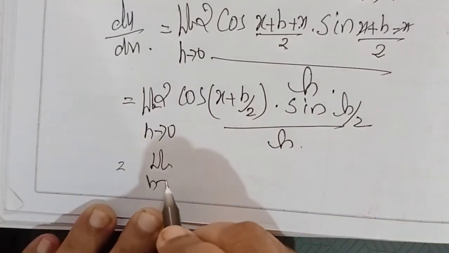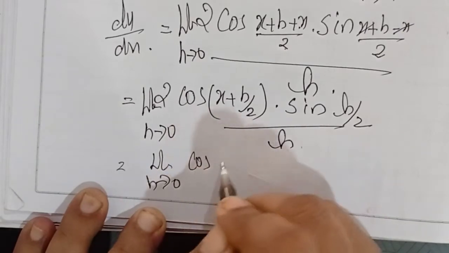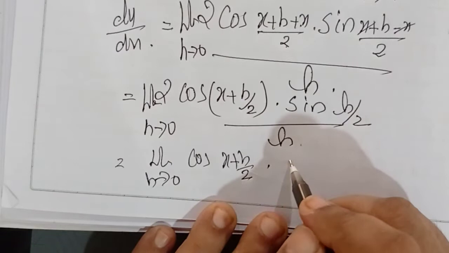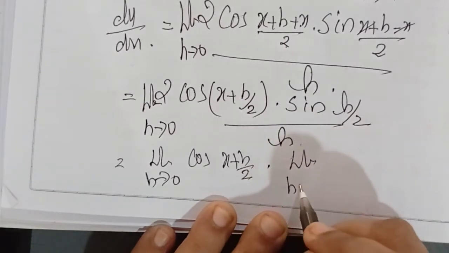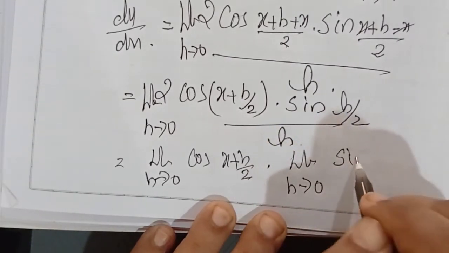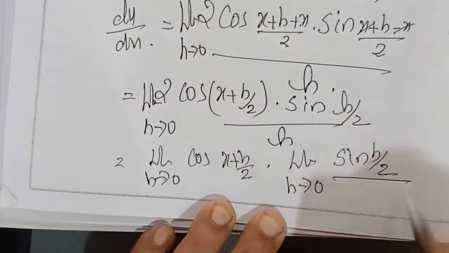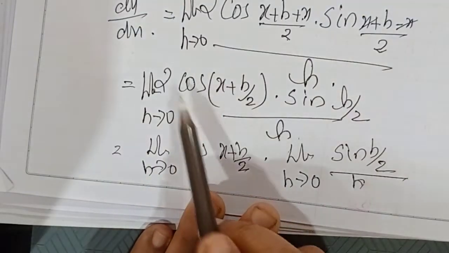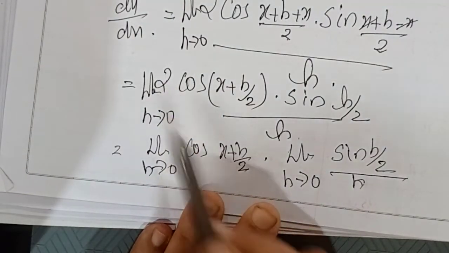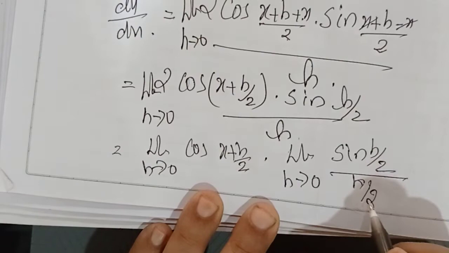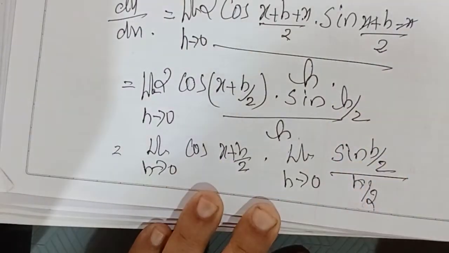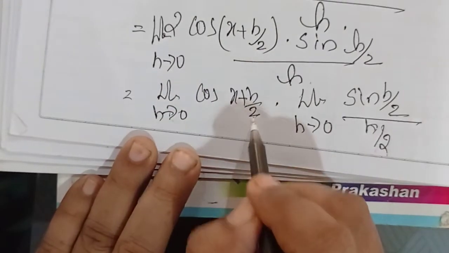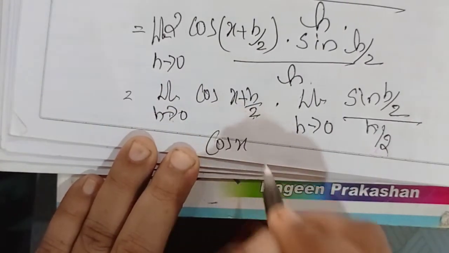Limit h tends to 0 cos of (x plus h by 2) into limit h tends to 0 sin of h by 2 by, already here one h is there, we can convert this numerator 2 in here by 2. Automatically this 2 comes in the numerator. Therefore, when you apply the limit h tends to 0 means cos x into